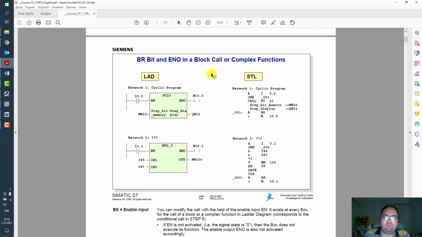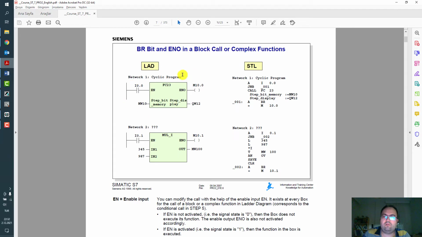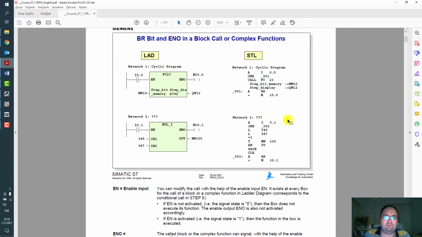So there's a use case scenario for that. If you are calling a function or function block inside your program in OB1, for example, there is an enable input and enable output of this function.